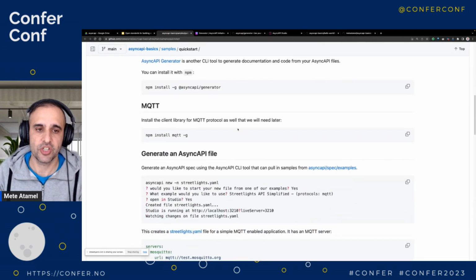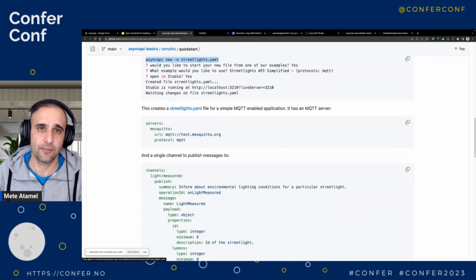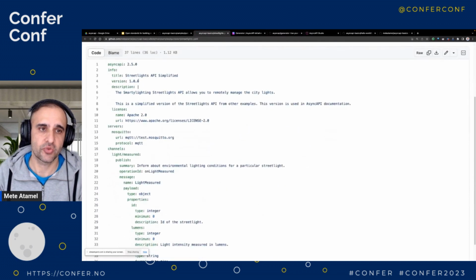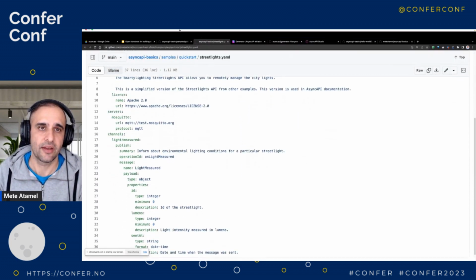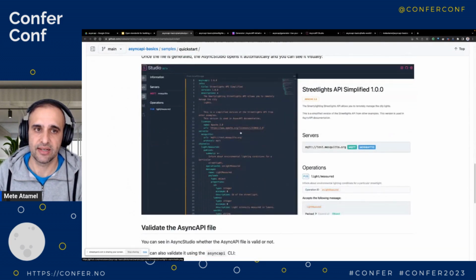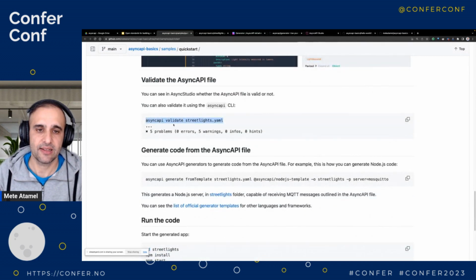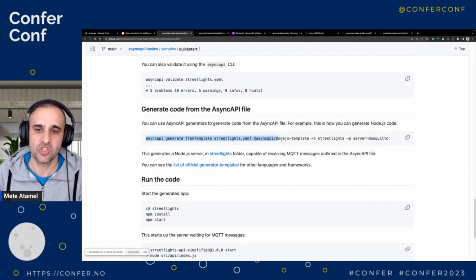And then once you install the generator, you can do Async API new and create an example definition, basically. Once you create an example, which creates this YAML file, Streetlights API example, from there you can look at that visualization in Async Studio. So you'll see visually what's supported. But then you can do validation: Async API validate to this YAML. And you can also generate code. If you do Async API generate, point to your YAML and point to the template,